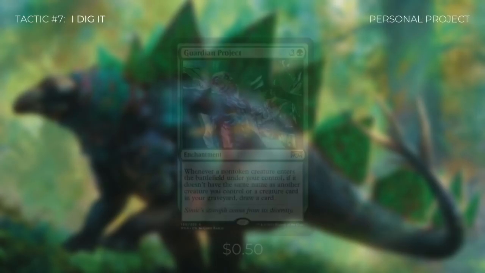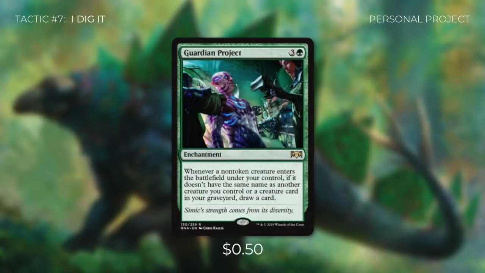of the deck. Next up, we're going to be running Guardian Project, which is an enchantment that says whenever a non-token creature enters the battlefield under your control, if it doesn't have the same name as another creature you control or a creature card in your graveyard, draw a card. Since none of our creatures have the same name, we're going to be drawing a ton of cards with this